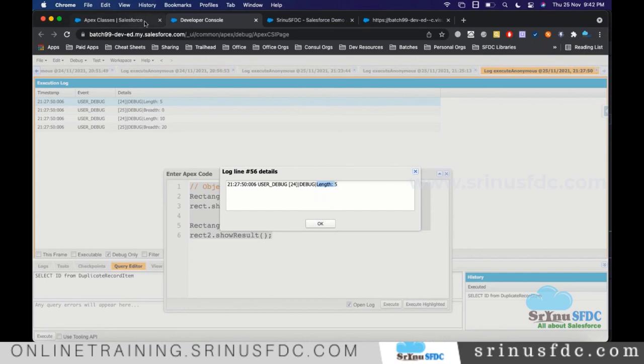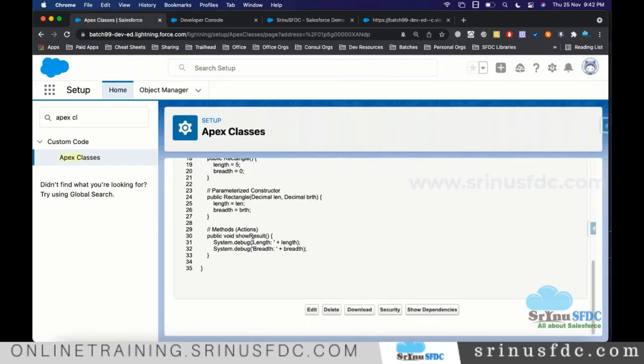Instead of length colon, we can write anything. Just in case you want area or something else, we can write it. It is just for our identification. Whatever you want, we can write. As a developer, whatever you feel you can recognize that value by, why we are printing it, you can use that.